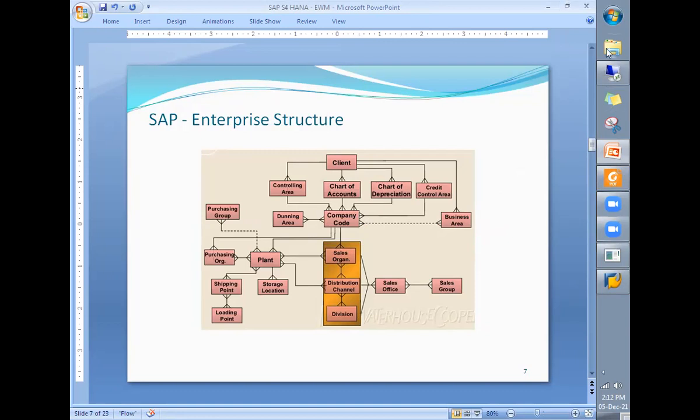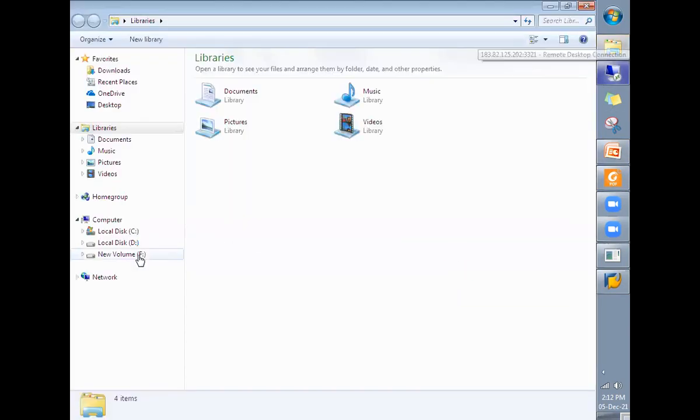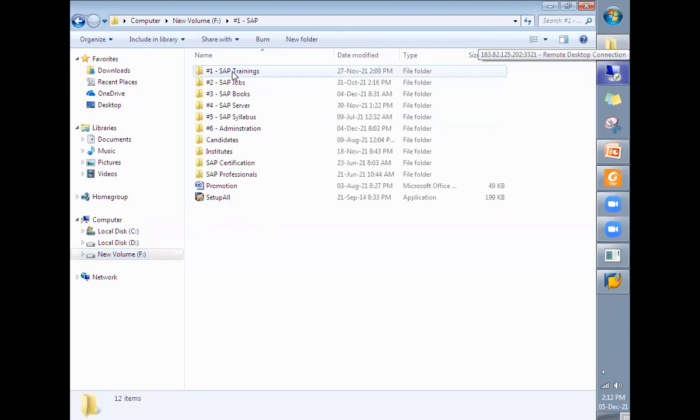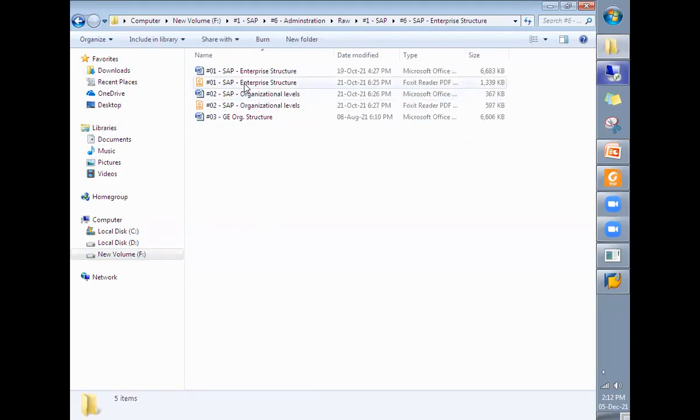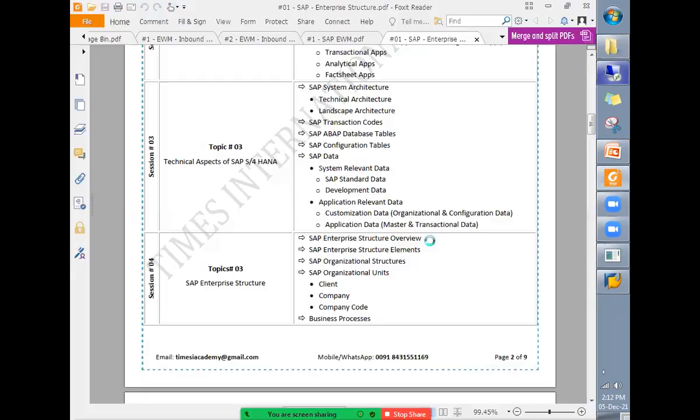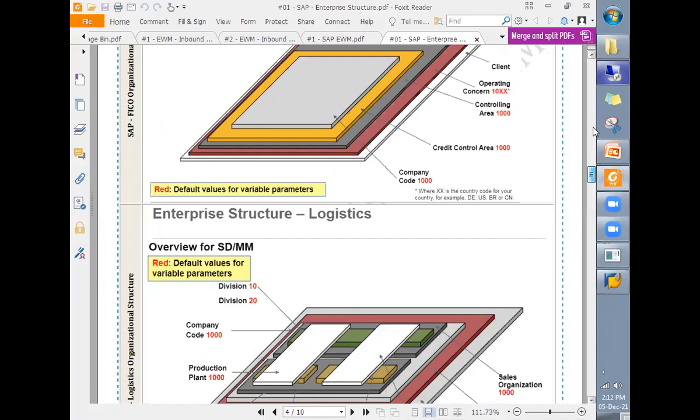Let me show you one example to have a good understanding of this. Just give me a minute. So here you can see, right? If we take this example, right?